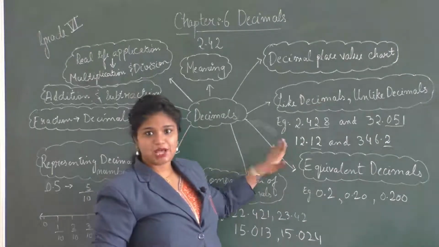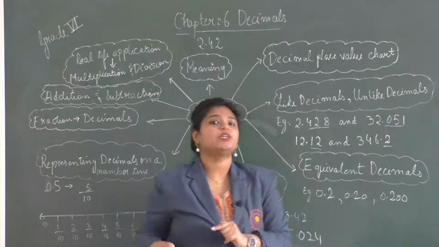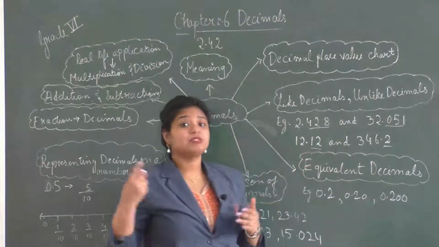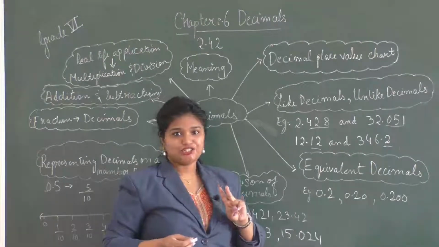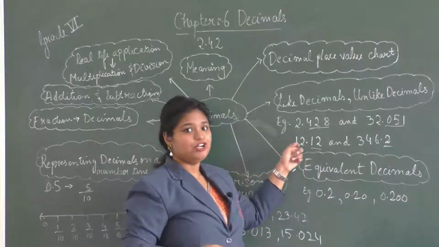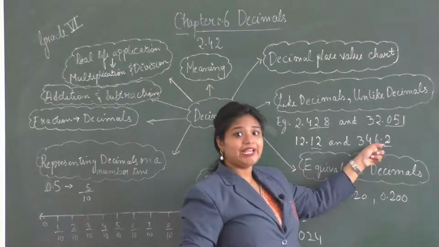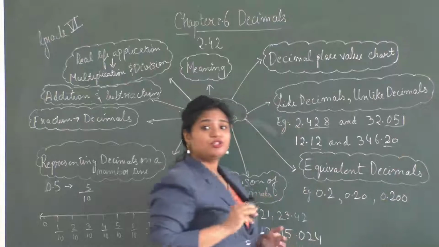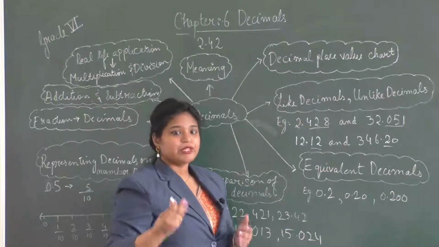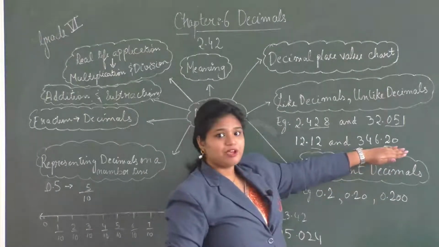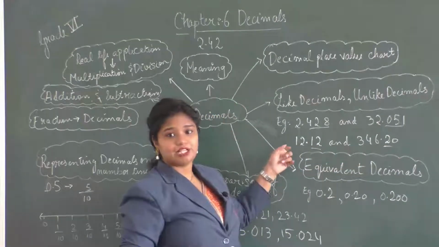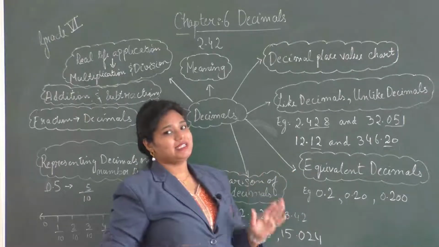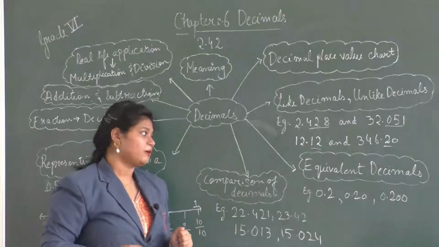So here we have an example for unlike decimals. Let's convert it into like decimals. When we observe these two numbers, the maximum number of decimal places is 2. That is for the first number. So we need to make one more additional place in the second number. We will just add a 0 towards the right of 2. Now in the second number also we have 2 decimal places. In the first number as well we have 2 decimal places. So here we have converted unlike decimals into like decimals.